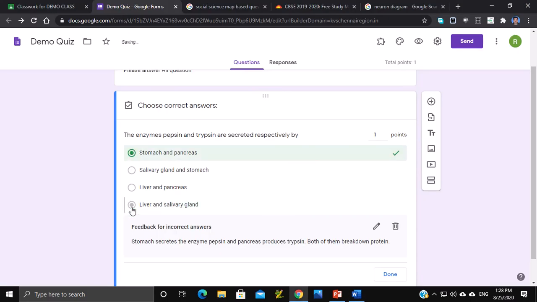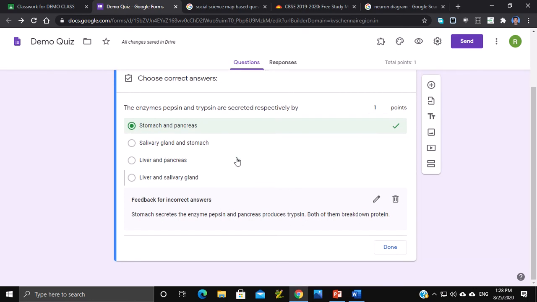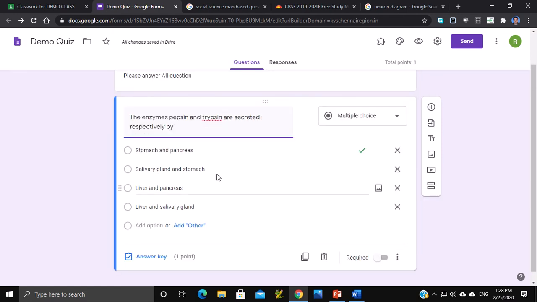Stomach and pancreas is the correct answer for this question. This is the feedback for incorrect answer. So if the student gives an incorrect answer, he will get this as the answer. Now I'll click on done. So my first question is ready. Now you can see here total points 1.